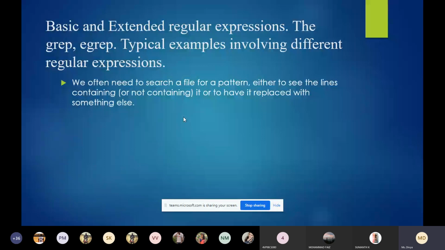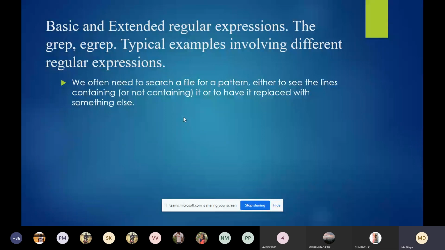In the entire file, I want to search where I have the word VCT, and get the output of all the lines which have the word VCT. That file may have 100 lines, and out of those I want only the lines having the word VCT.